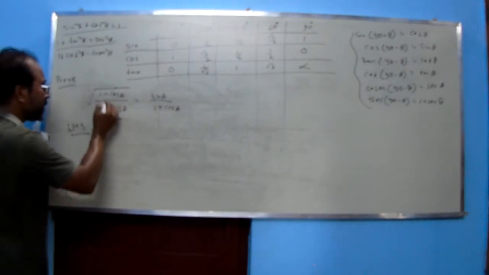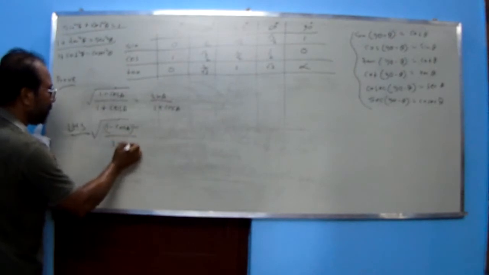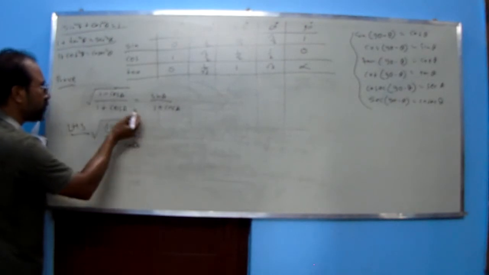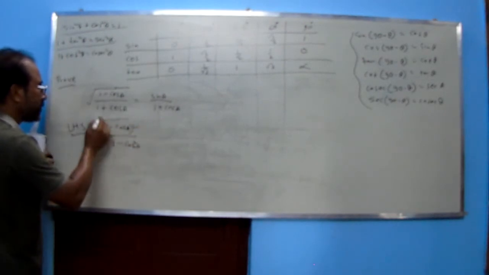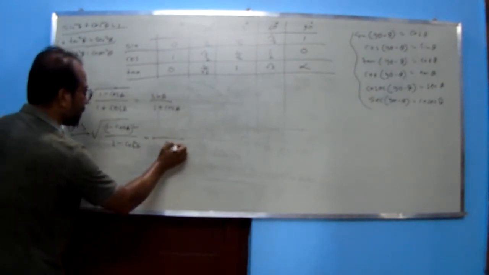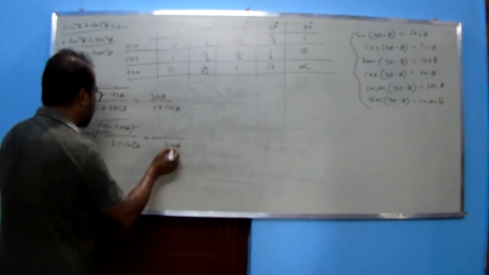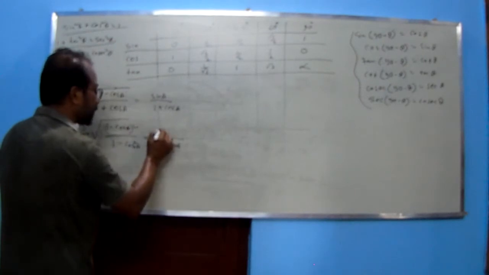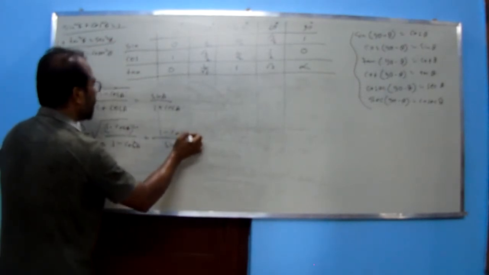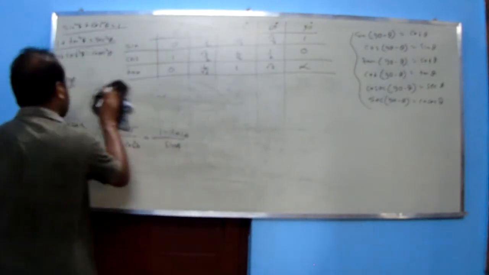So it is coming as 1 minus cos a whole square divided by 1 minus cos square a, because a plus b into a minus b is a square minus b square. So the root will be omitted. 1 minus cos square means sin square a, so the root of it is sin a, and 1 minus cos a stays. Like this we should do this one. I will not derive this math, it is the same as earlier.